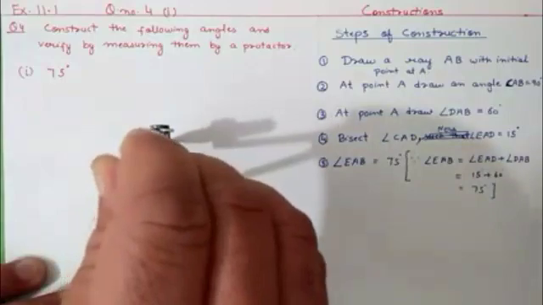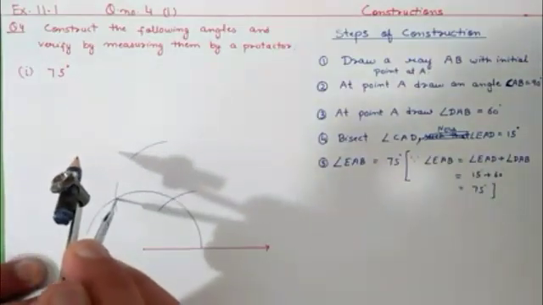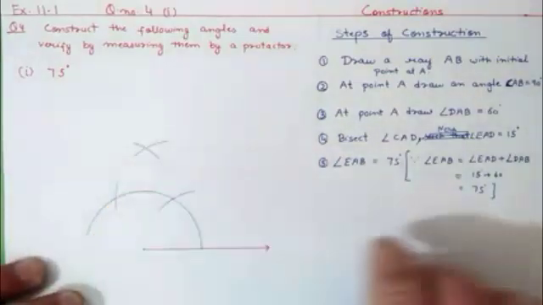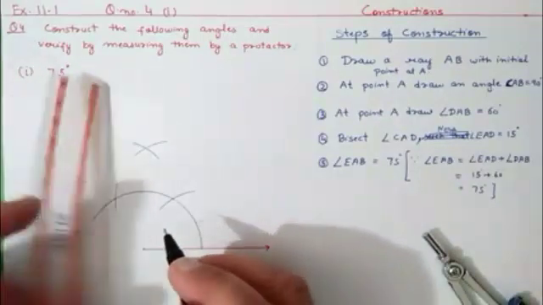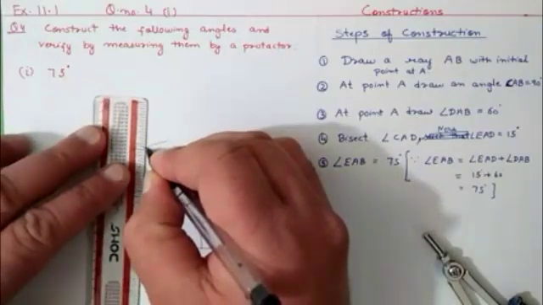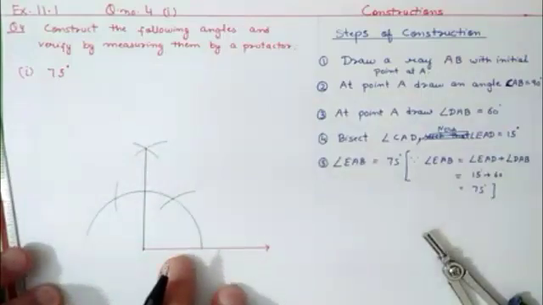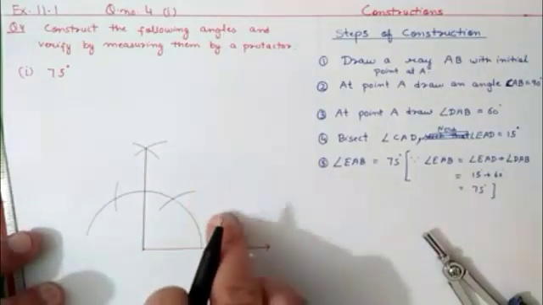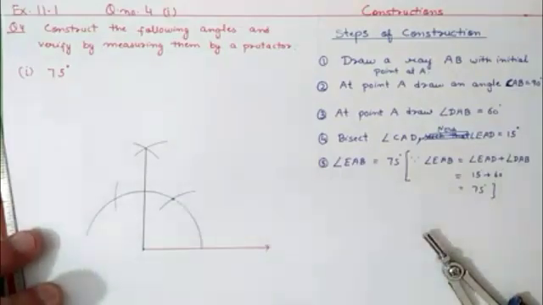From the 60 degree arc one more arc we will construct, and from the 120 degree arc also one more arc we will construct, and here we will get a 90 degree arc. So see over here, this is our 90 degree arc. So we will construct a line over here. So this is our 90 degree. But what we want is 75 degree. But 75 degree will come between 60 degree and 90 degree.